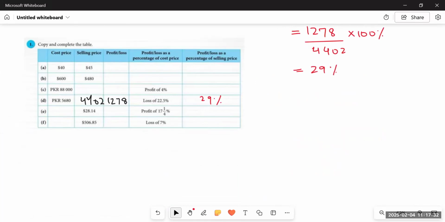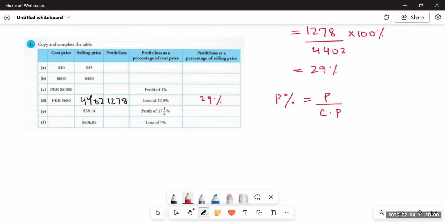Now we have a quite tricky question, because this time we are also going to use the same formula. This time we are not provided with cost price nor the profit and loss, but we are only provided with profit and loss as a percentage of cost price and the selling price. How can we use the same formula we were talking about earlier? So in this case also, we are going to use the same formula. If there is a profit, we'll use the formula of profit percentage, that is profit upon cost price. We'll not use the formula of profit upon selling price.